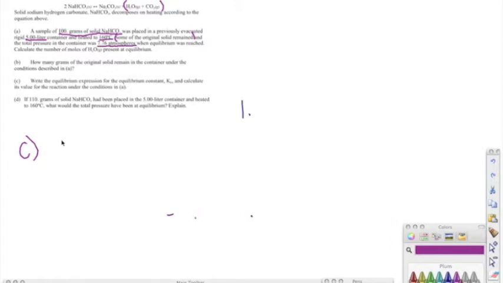The equilibrium expression for K, remember, is always products over reactants, and only gases and aqueous come in here, and with pressure it's only gases. So the only gases we have are in the products. There's nothing in the reactants that would be affected by pressure. So our equilibrium expression looks like this: the pressure of water times the pressure of the CO2,